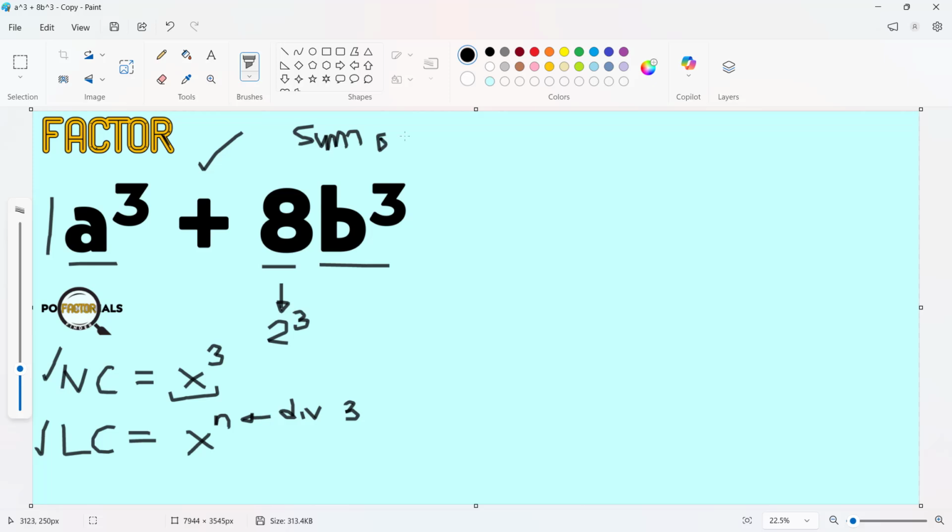Now, once we can guarantee that the expression is a sum of two cubes, we can use now the factoring process intended for the factorization of the sum of two cubes. When we factor a sum of two cubes, it comprises a binomial factor and a trinomial factor. So I have here a binomial and a trinomial factor. And what would be the terms that can be found in the binomial expression and in the trinomial expression here? Let's look at the binomial expression first.